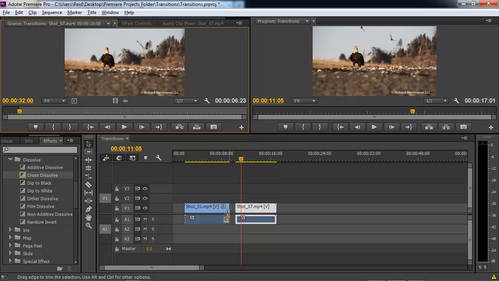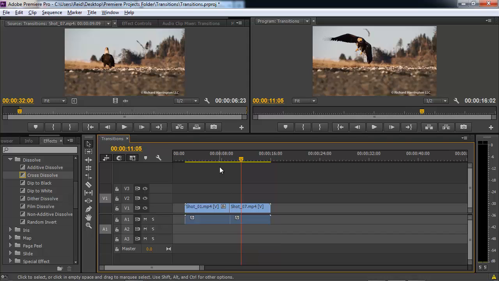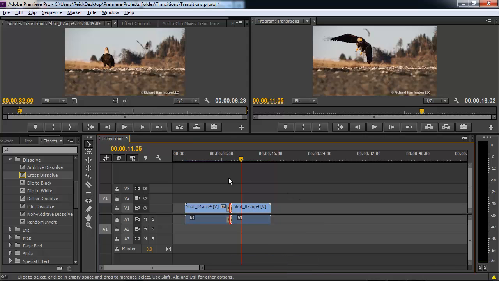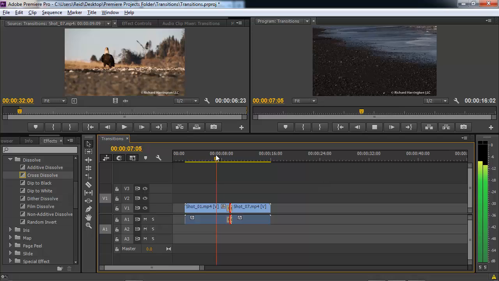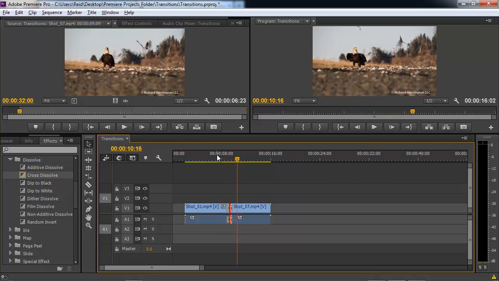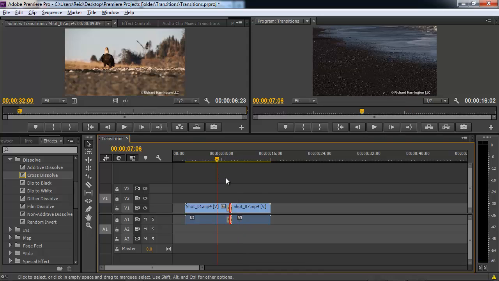So then we need to put these two shots back together. I'm going to delete that audio transition as well, and I'm going to select this black area and delete that to put the two clips back together again. And now when we come in here and apply the default transitions, no warning comes up, and it's a nice smooth transition between the two. And you'll notice that the video in the outgoing clip continues to play smoothly during the transition. There's no freeze